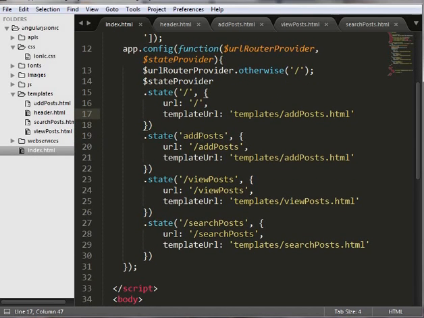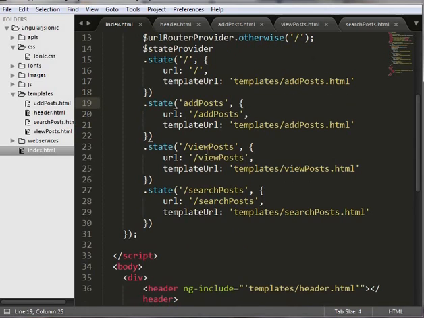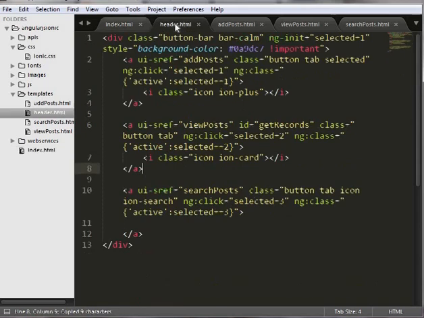The state change to add posts, then the URL should be / add post, and the template URL should be template / add post.html, and then when the state change to view posts, copy this,